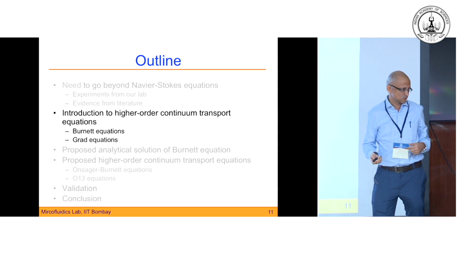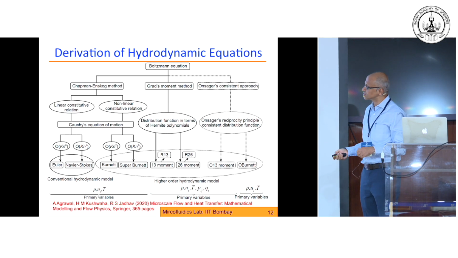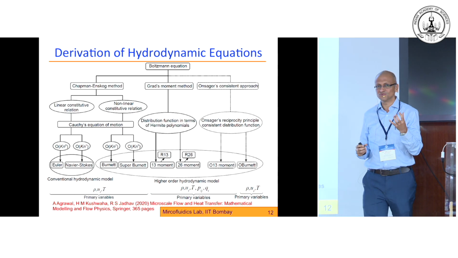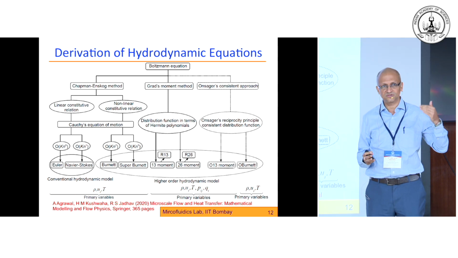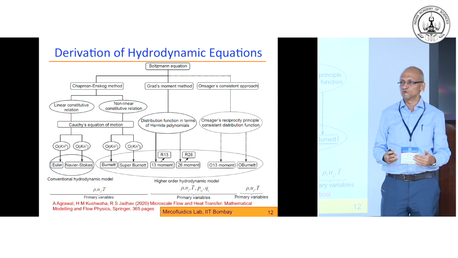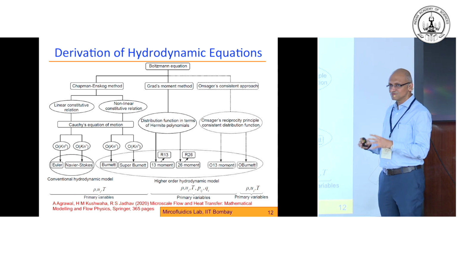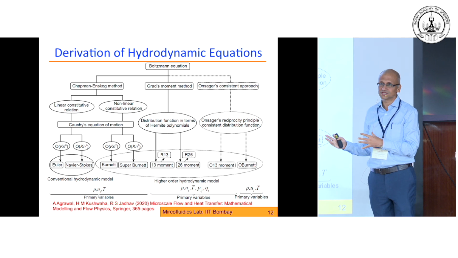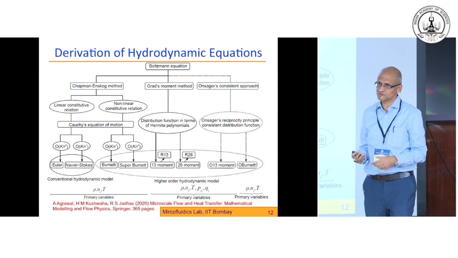So with that, very quickly, I will bring out these two equations, the Burnett and the Grad equations. We have seen that we start off with the control volume, and that's how we derive the Navier-Stokes equation. We showed you the Cauchy equation of motion that comes in first, and then you bring in the constitutive relationship and closure relationships. That approach leads to Navier-Stokes, but it will not be able to expose the limitations of the Navier-Stokes.